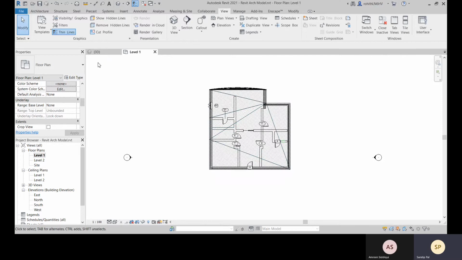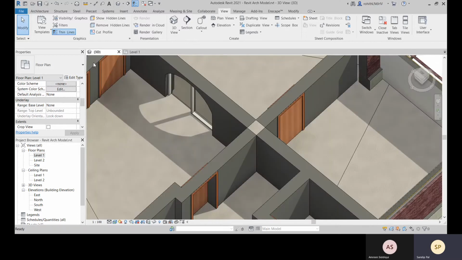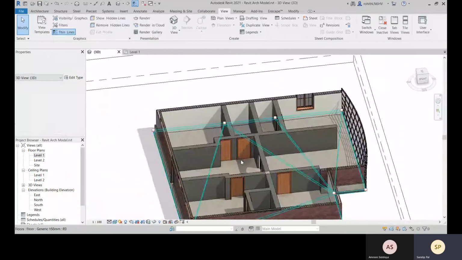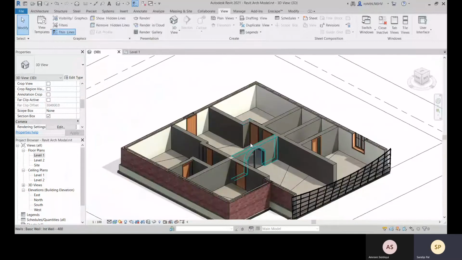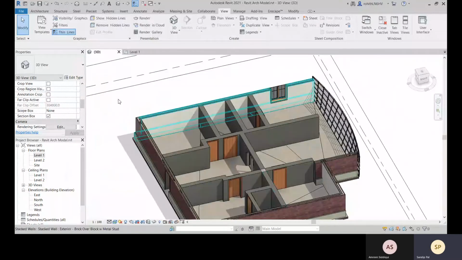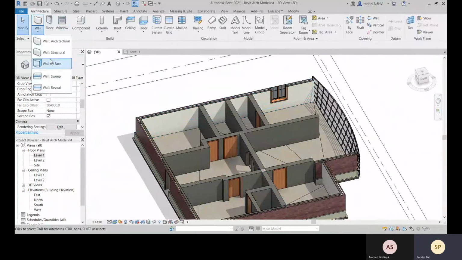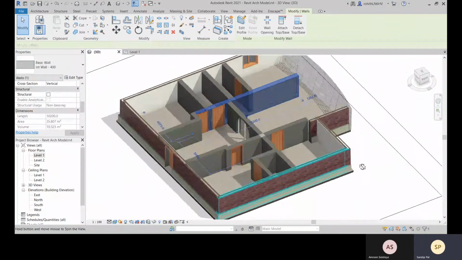Okay, so now let's go to wall, and there you can add your wall skirtings if you want to add. So for that you have wall sweep. Okay, wall sweep is available there, or else you can add within your wall.